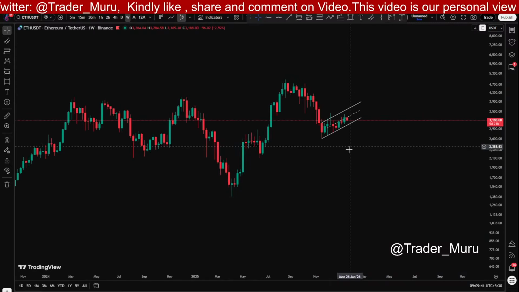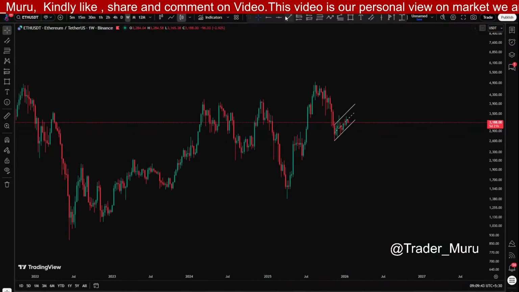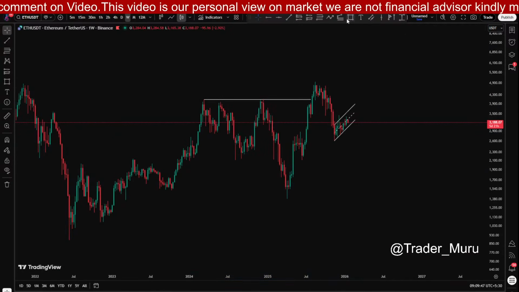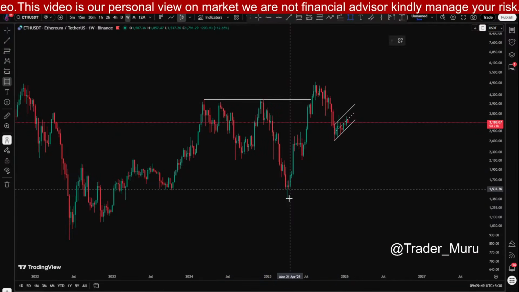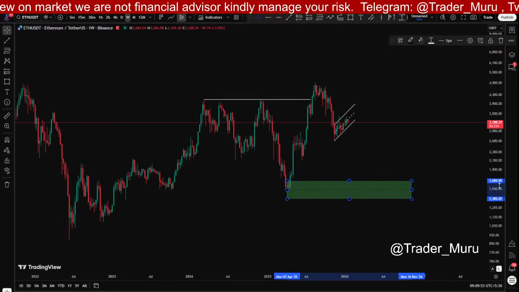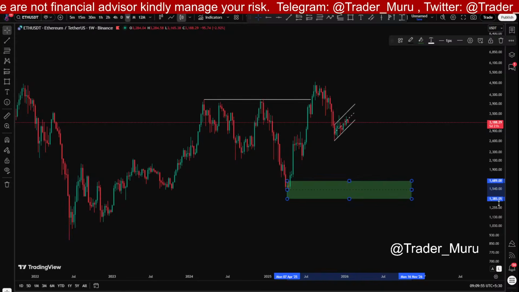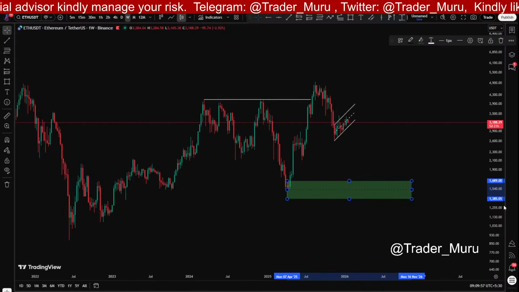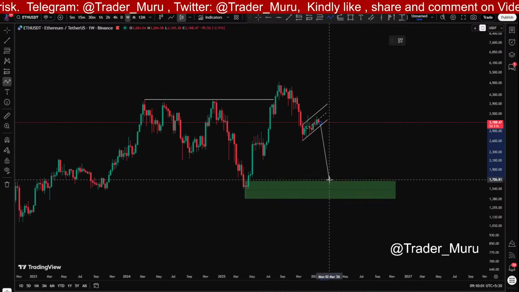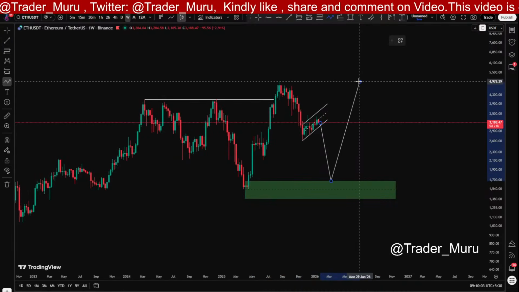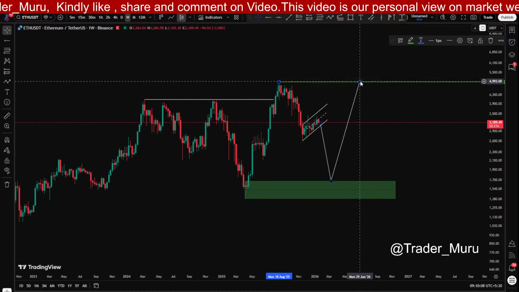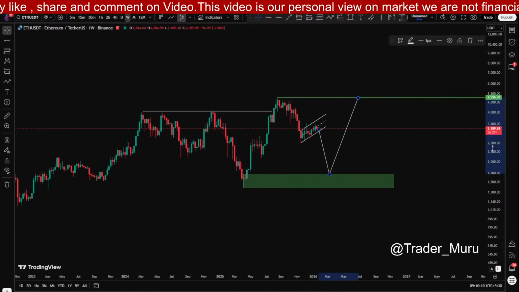So if price drops below here, the buying zones are near this area: $1,700 and $1,385. After this test, you will see a strong upside momentum in Ethereum towards 5,000,